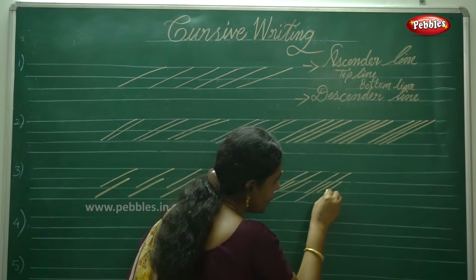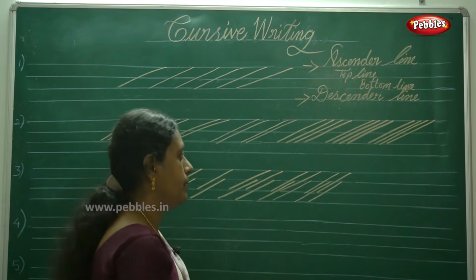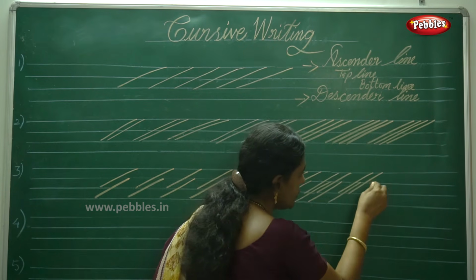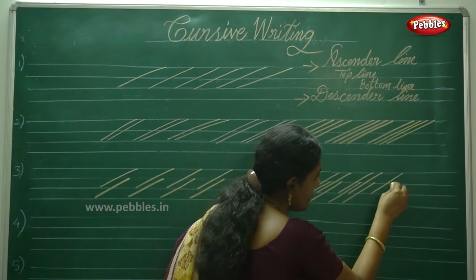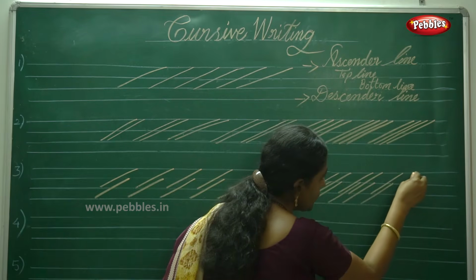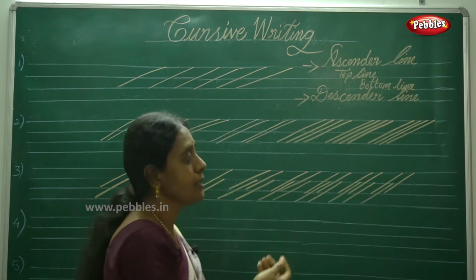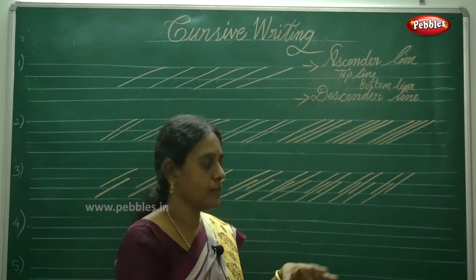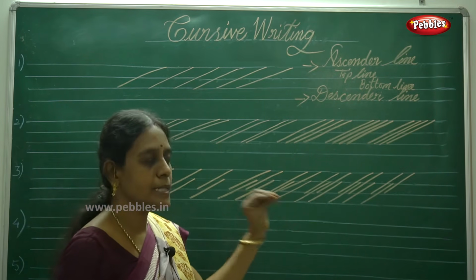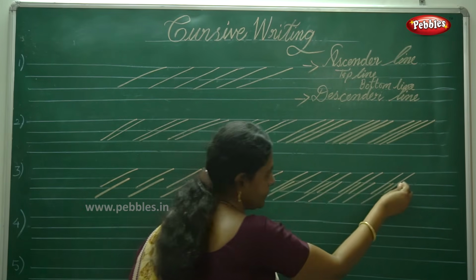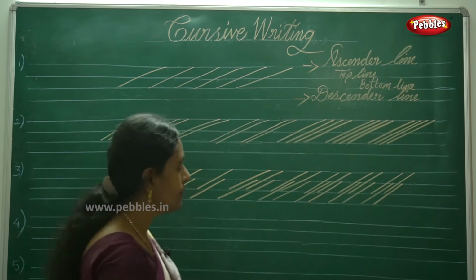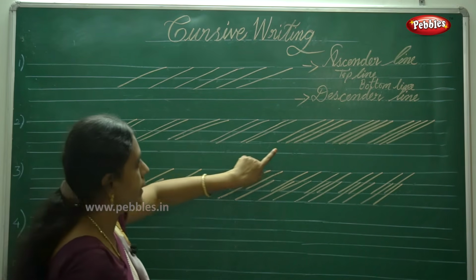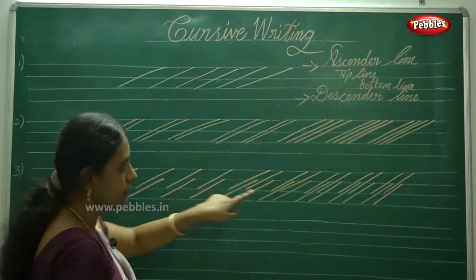While you are writing, whether you use a pencil or pen, you have to draw the line. One kind request: don't use your ruler for this ruling line. Some children may take a ruler and put it like this. Only use your pencil or pen with your hand. Okay. So this is the first stroke, second one and third, then fourth and fifth one.